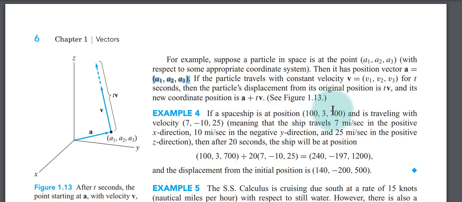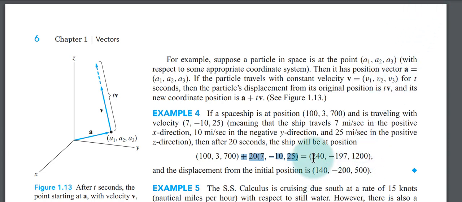So we would ask, it starts here, where is it later? For example, where is it t seconds later? Or they ask specifically, where is it 20 seconds later? So we just say it starts out at A, so it starts out here, and then it's moving in this direction for 20 seconds. So it's going to start out here at A, and 20 times the velocity, and the sum of this thing plus this thing is going to give us where it is after the 20 seconds,